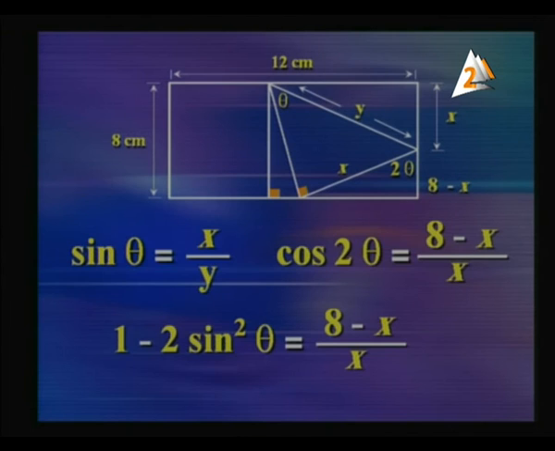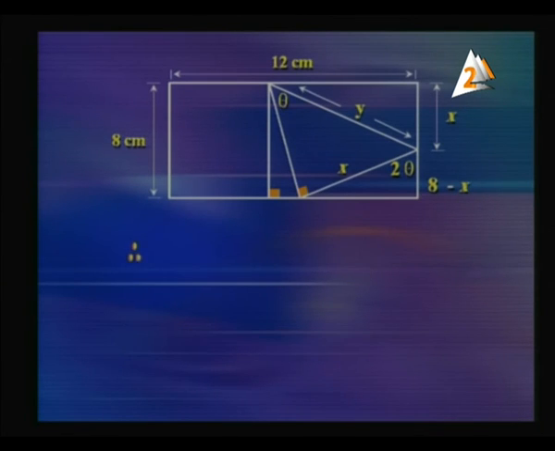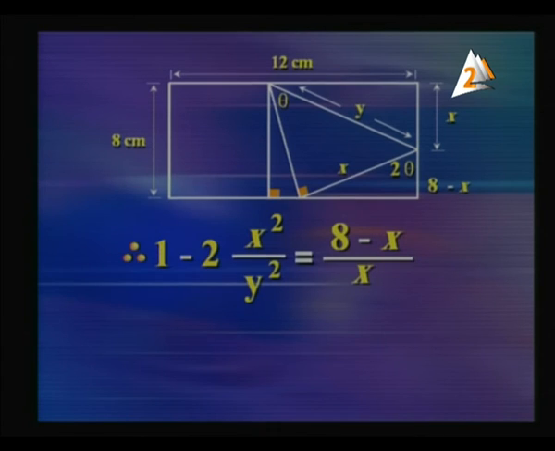1 minus 2 sine squared theta equals 8 minus x over x. Why? Because cosine 2 theta is 1 minus 2 sine squared theta. After that, by substitution we find 1 minus 2 x squared over y squared equals 8 minus x over x. By using cross multiplication, we find the equation y squared equals x cubed over x